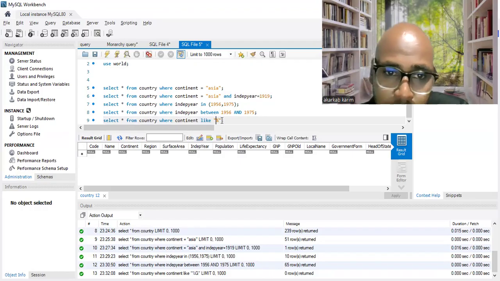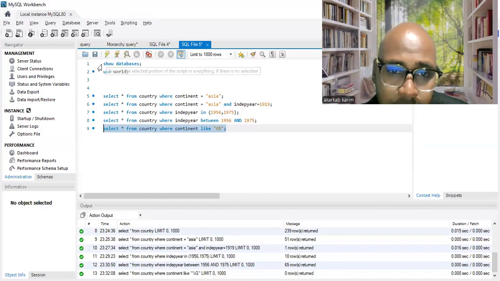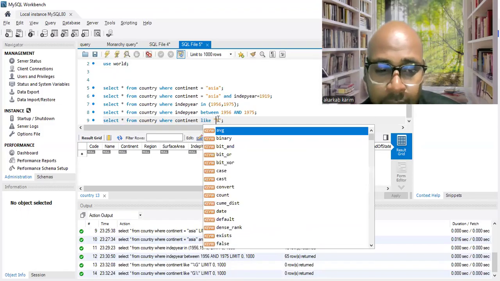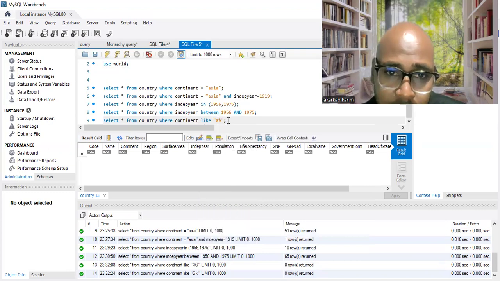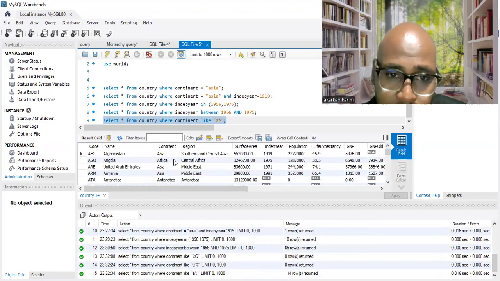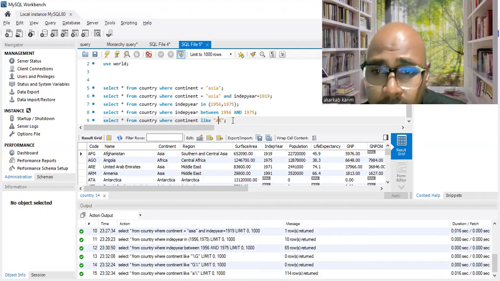Okay, if I want continents starting with G, how many have this? None. So if I choose A, it will be Africa. As we see here, we have the continents Asia and Africa, we have two, and Antarctica, we have three continents that verify this condition: the first letter is A and the rest is not necessary.